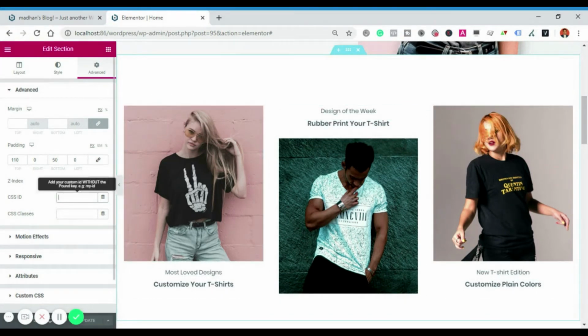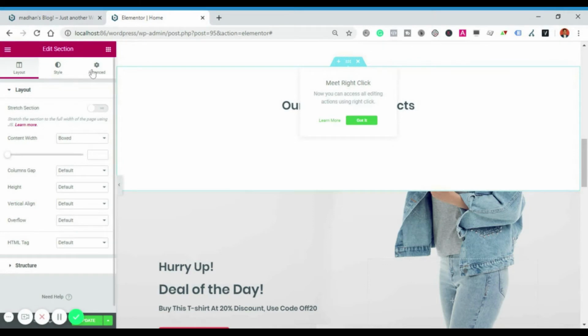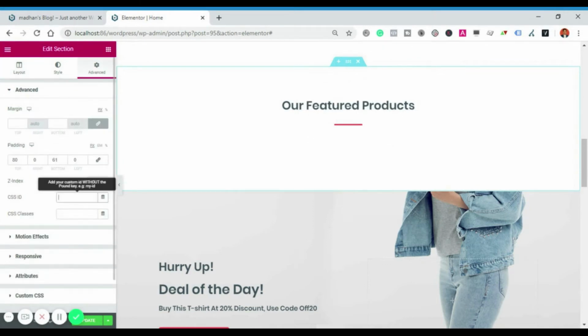So in this section, I am going to give t-shirt as an ID. Like this, for whichever section you want to point the user to, simply select those sections, navigate to the Advanced tab and provide a name here. Featured product is the ID that I am giving for this section.